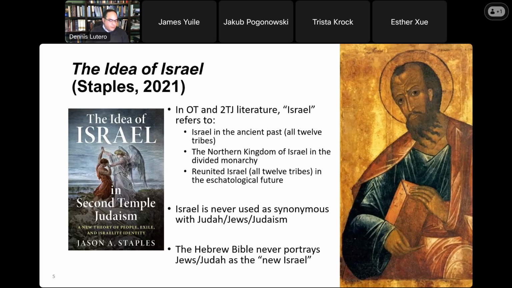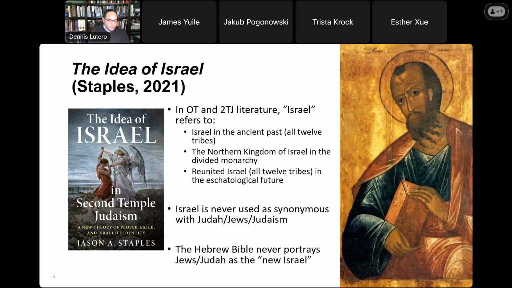If you're not familiar with Jason's 2021 monograph, The Idea of Israel in Second Temple Judaism, I highly recommend it. It's groundbreaking, comprehensive, and I would say without hyperbole that it should change the face of biblical studies. In this book, Staples analyzes the Old Testament and the extant catalog of Second Temple period literature, definitively showing that